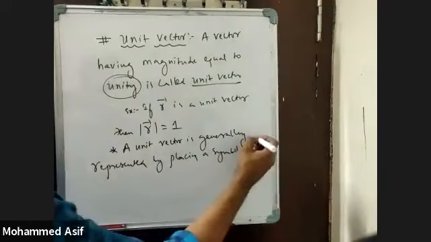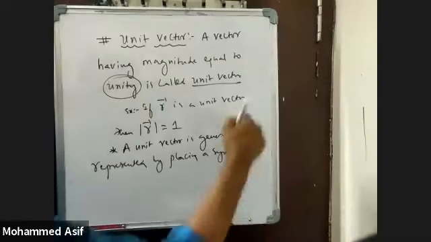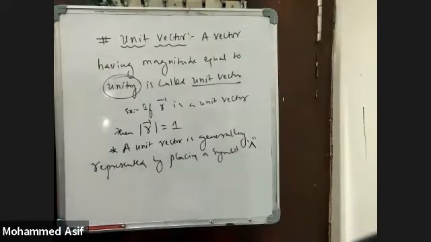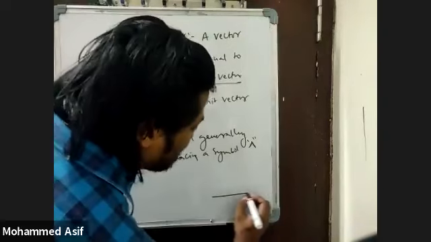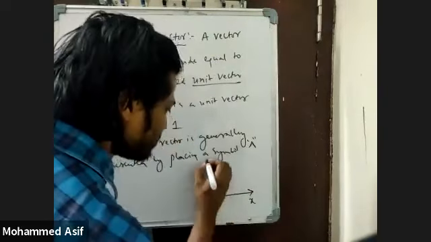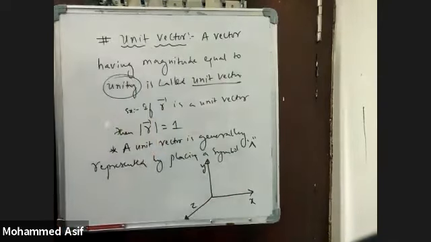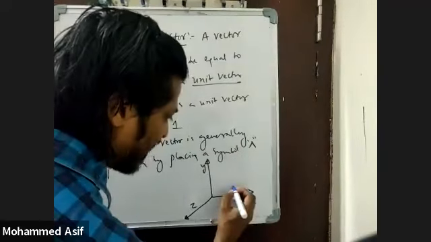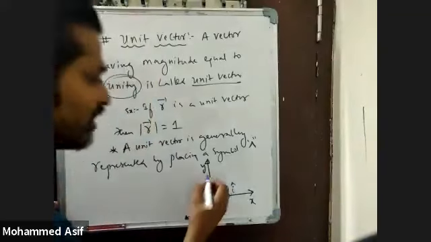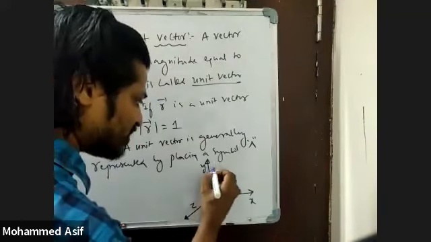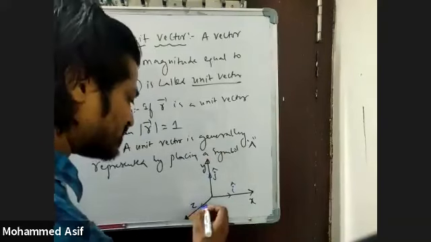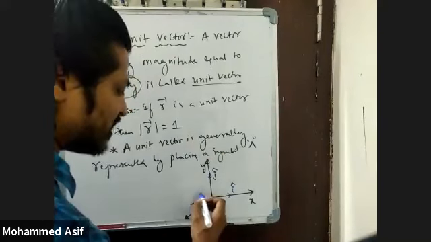This is the symbol, beta, like an inverted V, a caret type of symbol. Generally for a unit vector, if I'm taking the coordinates, this is your x coordinate, this is your y coordinate, and this one is your z coordinate. If the vector is along your x-axis, it is represented by I cap. If it is along your y direction, it is represented by j cap. And if it is along the z-axis, it is represented by k cap.